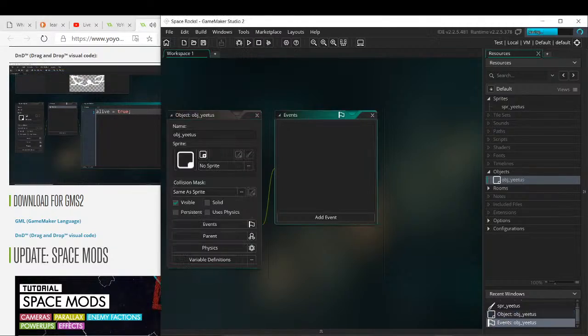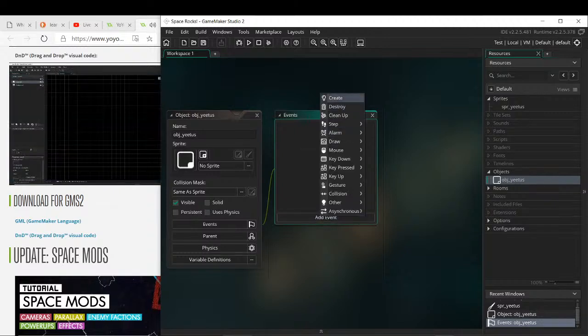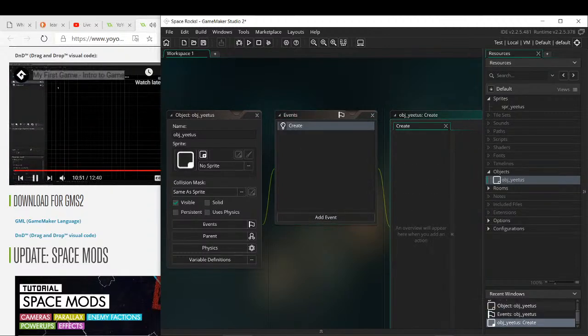By default, GameMaker has already created a room for you, so let's just double click on it and open it up. So this will bring up the room editor, and a room is kind of